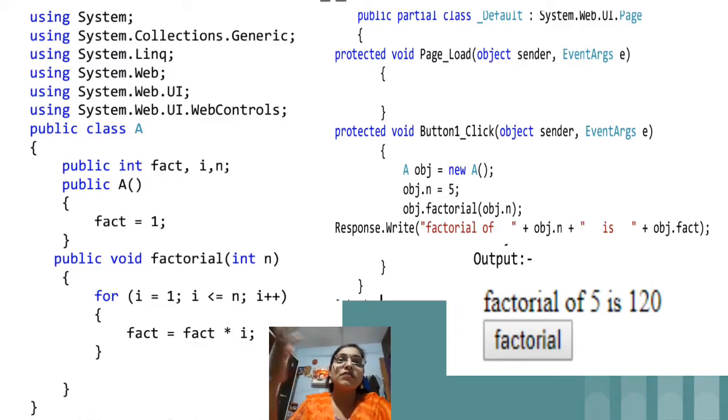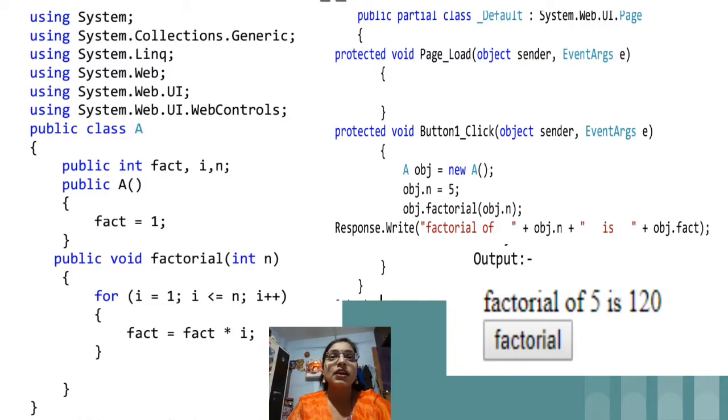So whenever you have multiplication kind of logic, the variable which will store the result should be initialized to 1. This is why in the constructor, as we all know, a constructor is used for initialization purposes. When we did this topic, I stated that constructors are basically used for initialization.